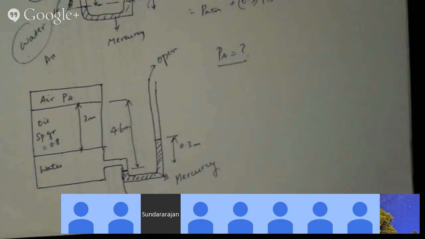Just write out the equation so that we can move on. So can someone tell me how to do this? Okay, so would you